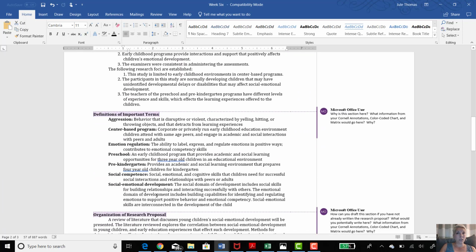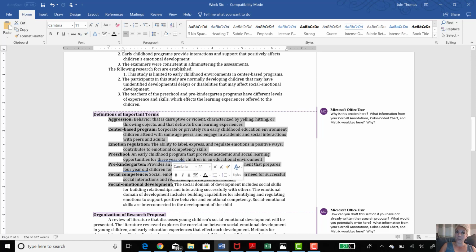As always, and you'll see in any of the articles that you've looked at, there is always a list of definitions of important or key terms. As you go through, you probably should have already collected those and have those in your Cornell annotations. But if you don't, you're going to want to see the types of key terms that keep popping up over and over. Therefore, you're going to want to list out these key terms and provide a definition for the reader.